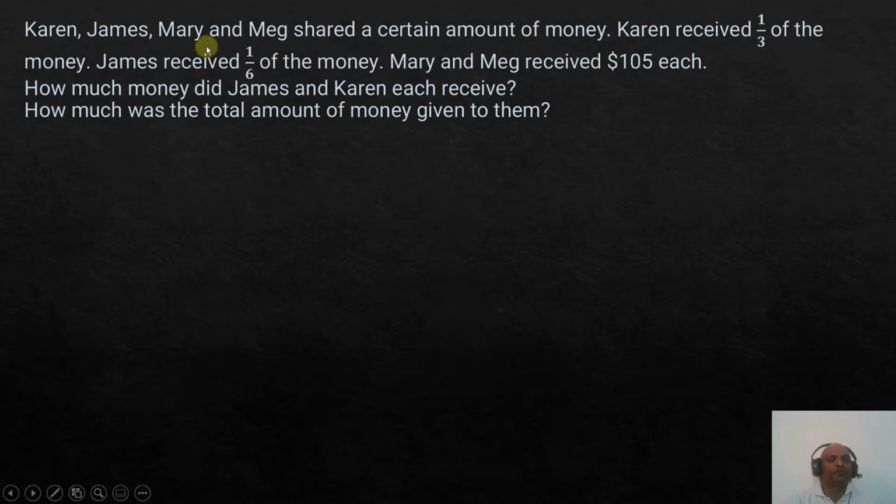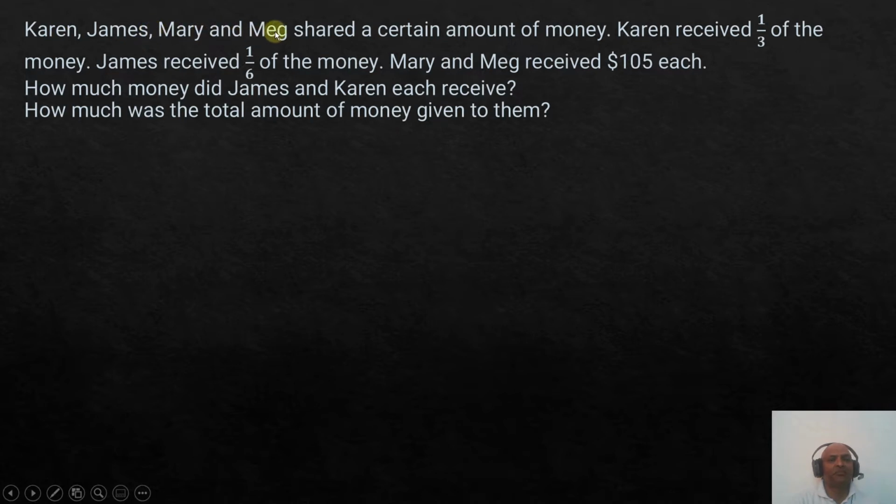Karen, James, Mary and Meg shared a certain amount of money. Karen received 1/3 of the money. James received 1/6 of the money. Mary and Meg received $105 each. How much money did James and Karen each receive, and how much was the total amount of money given to them? So first, if we take a look at the question, we know that the total amount of money with